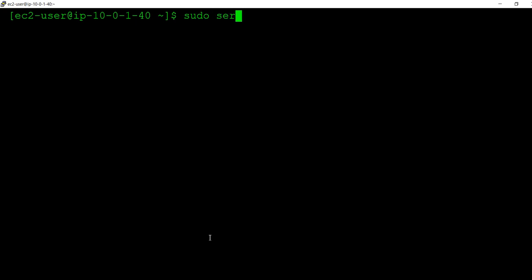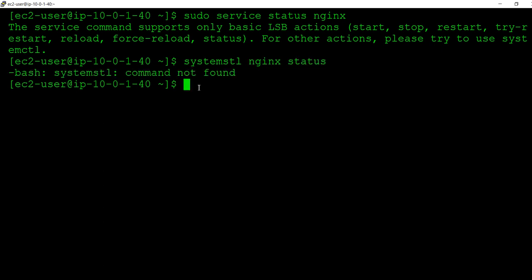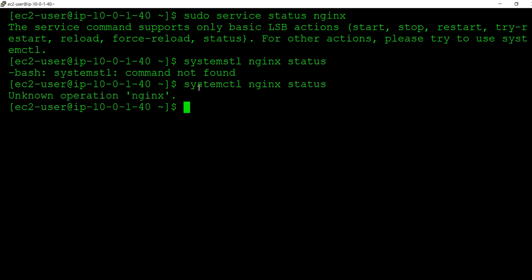Service status nginx, whether it is running or not. What is it telling? You need to use systemctl. Systemctl status nginx.